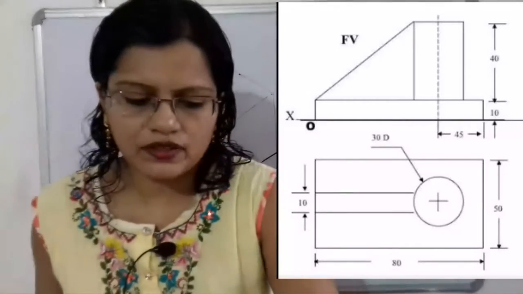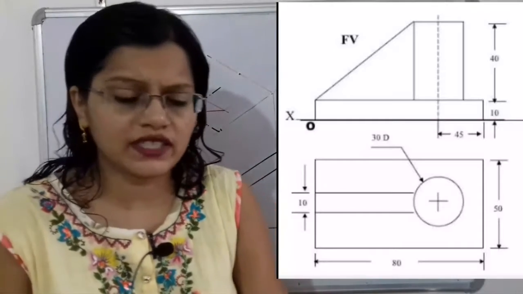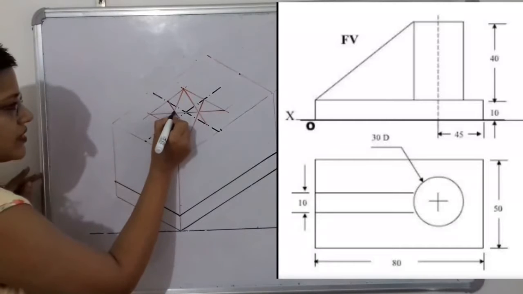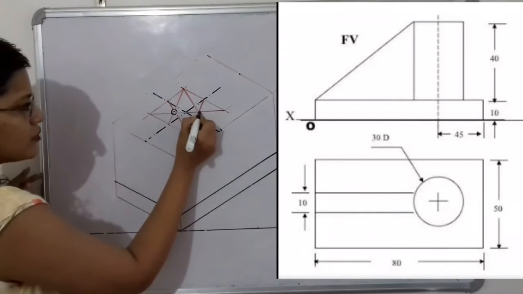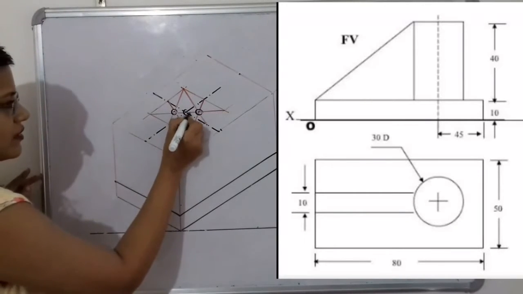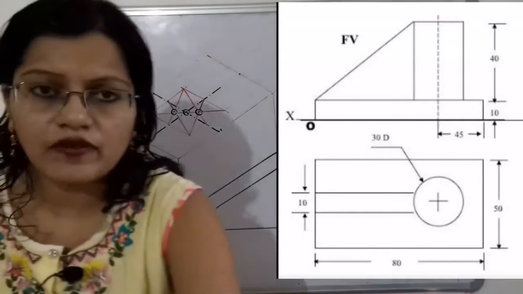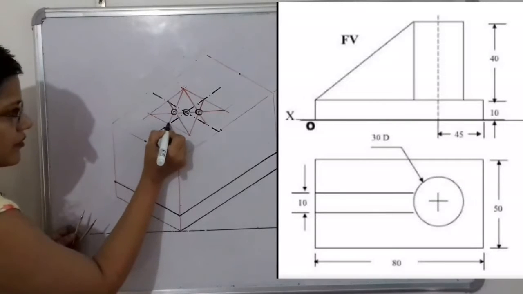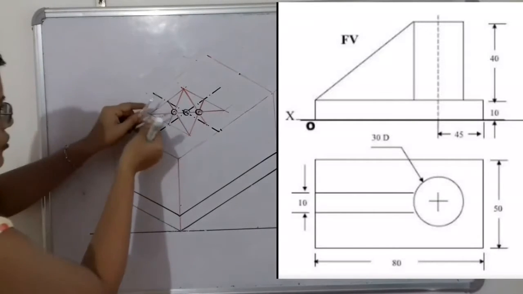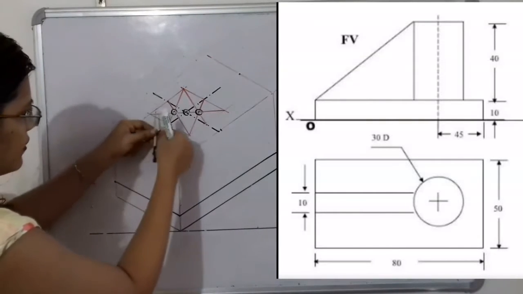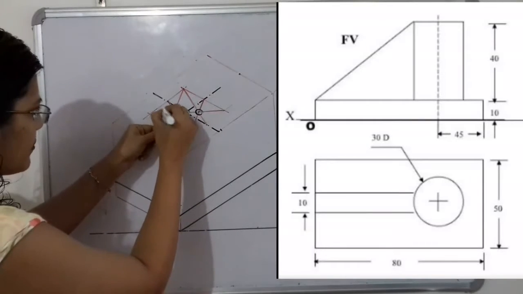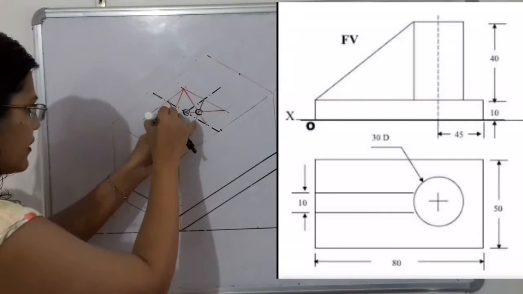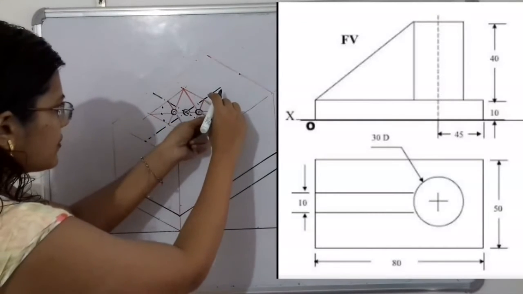Now we will complete the whole. So first we have to locate the center. So I will mark here the center. So how many centers are here? This is the intersection of the three lines. Here is also the intersection of the three lines, and this is the main center. Now with the help of compass we will complete that whole. So again we have to complete the curve within these two lines. So we will take the distance and with the help of compass we can directly complete that curve. And here also the same distance is there.